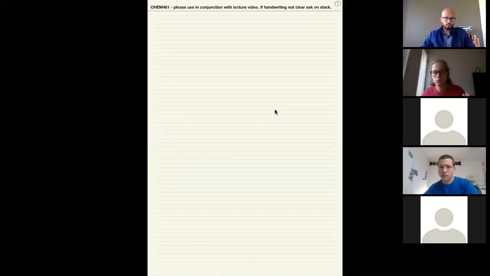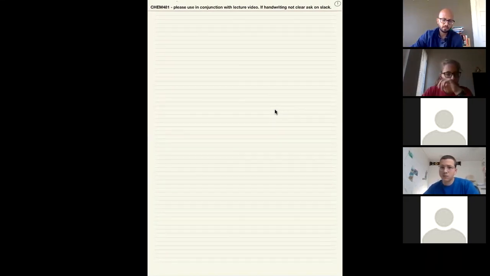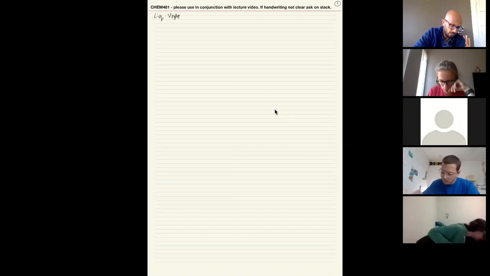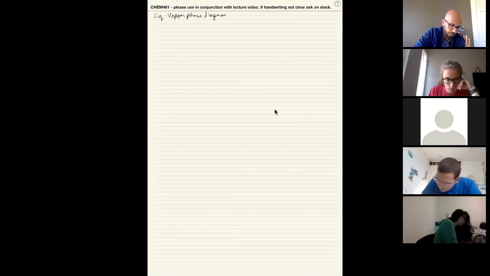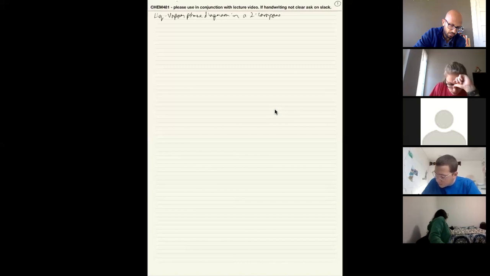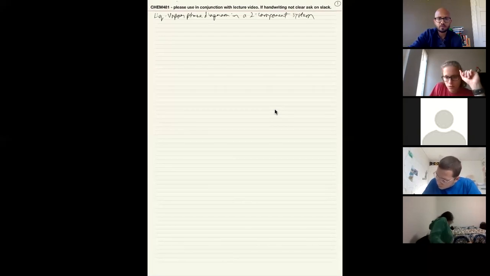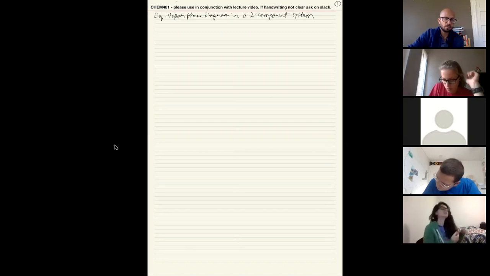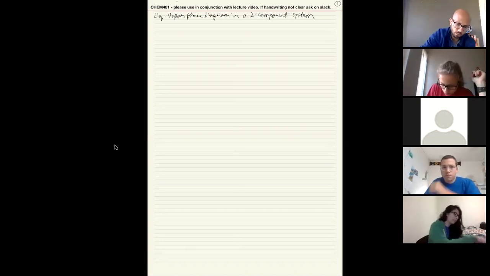Okay, so we are going to start today's discussion by talking about something that we started last time, which is to understand the liquid vapor phase diagram in a two-component system. When you have a component A and a component B, we have already seen how it looks in a one-component system. We looked at the water phase diagram and we studied it in great detail, but the question is, how does it look for a two-component system,